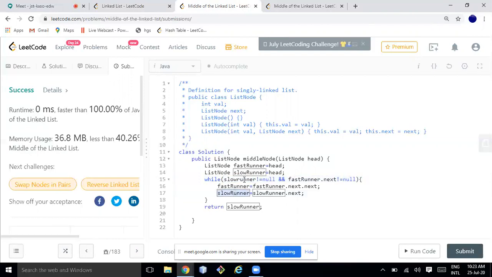If you are moving one ahead, like slow runner dot next, then slow runner should not be null, then only you can trigger this command. Otherwise, if slow runner is null, then slow runner dot next will throw a null pointer exception.